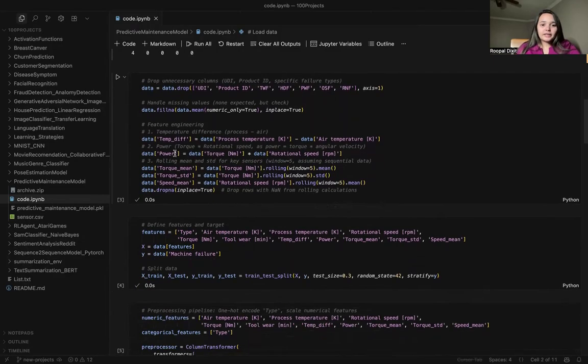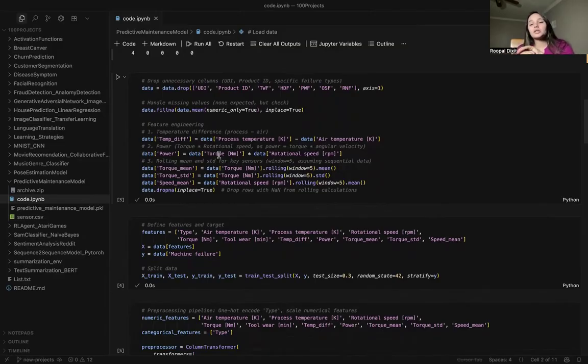And then we are also doing some feature engineering. We are calculating the temperature difference between the process temperature and the air temperature, because we will know if the difference is low or high.